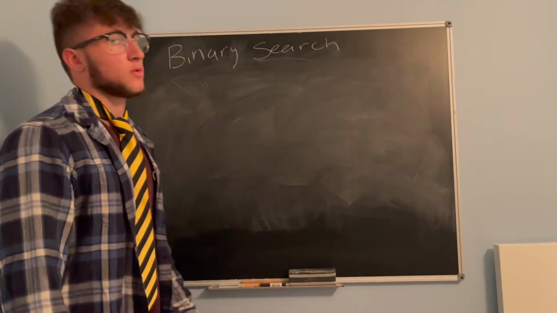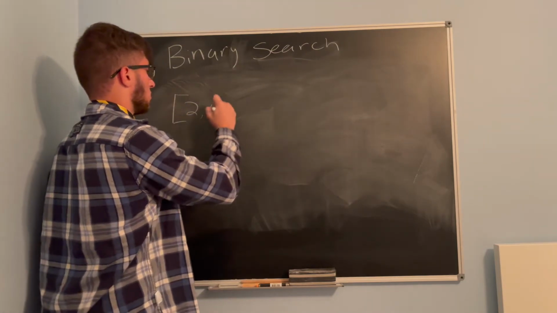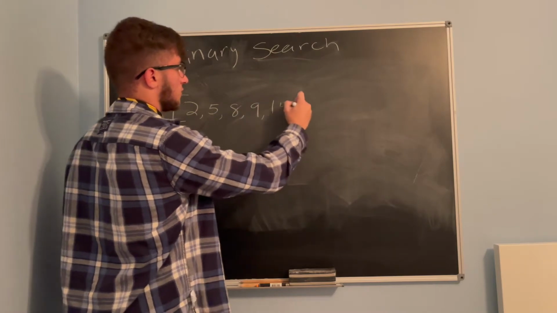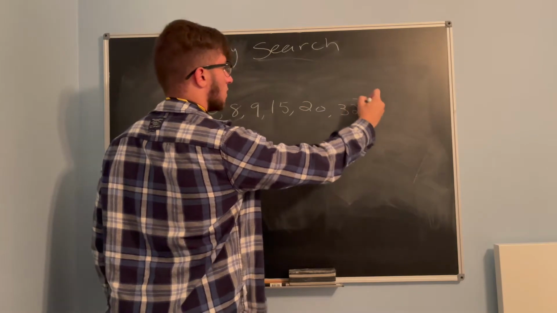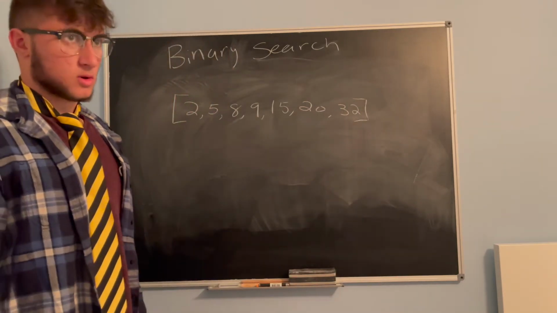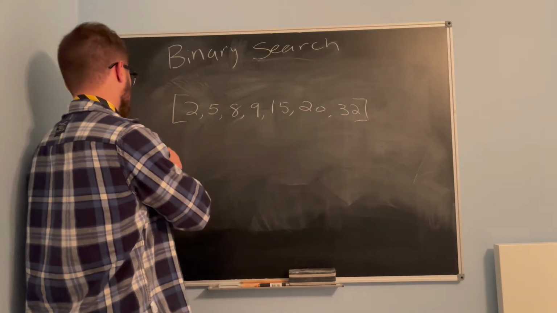Alright, so say you're given an array of integers in increasing order like this. So say we had like 2, 5, 8, 9, 15, 20, and 32. And we're asked to find a number inside of this array in logarithmic time. Well, first we need a number to look for. So say we're going to look for 8. So I'll set the target